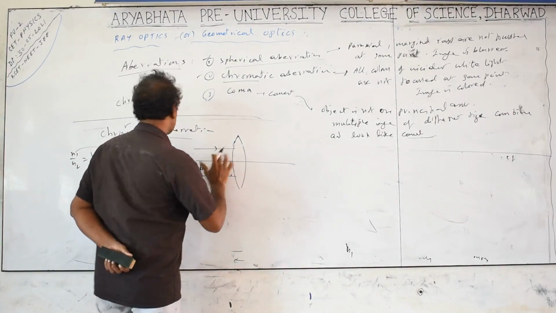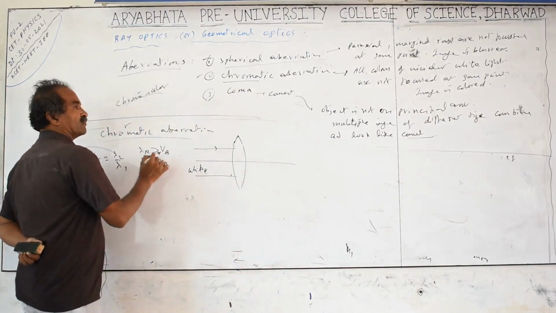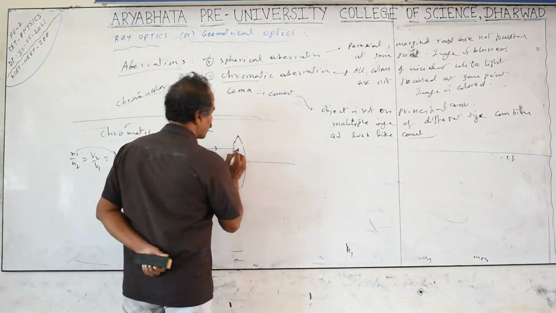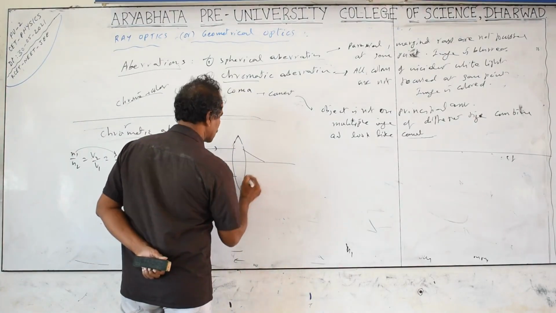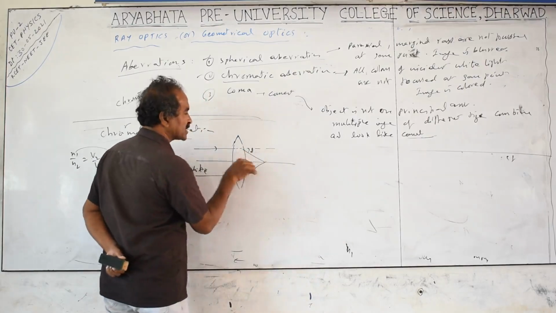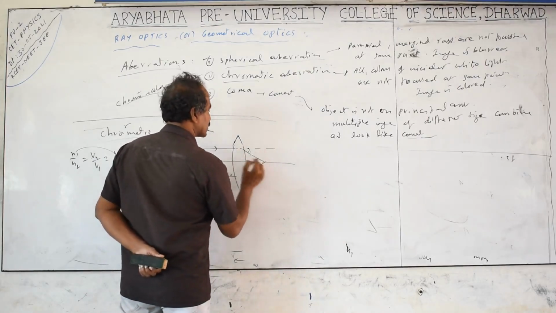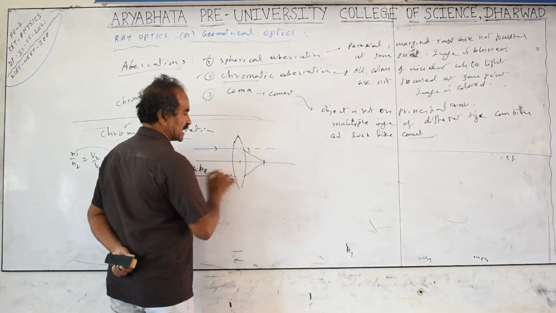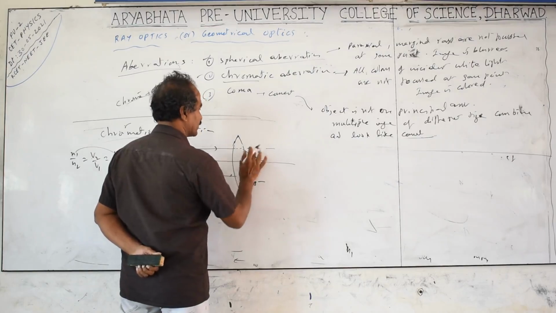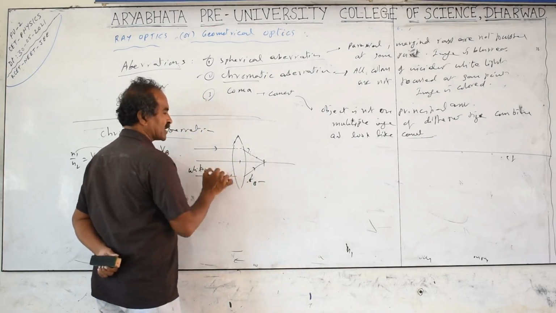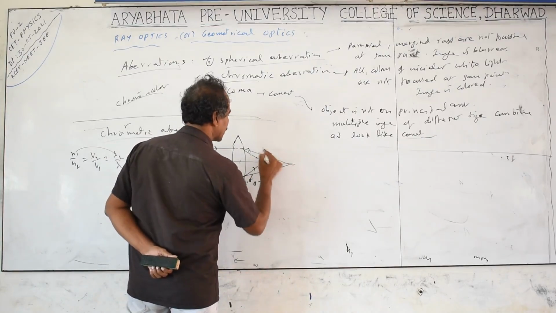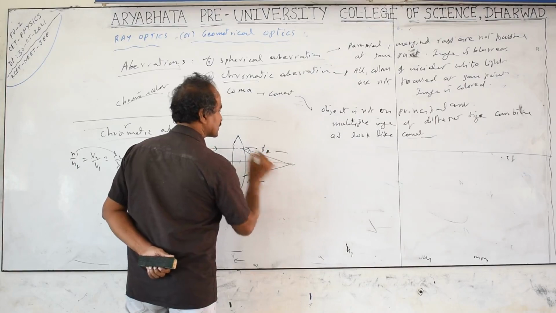So what happens here is, the more the refractive index, the more the refraction. Blue and violet are deviated more. Deviation means instead of going straight, they bend by some angle. So they are deviated very close to the optic center, close to the lens. This is the focal length of blue or violet light. But red rays have less deviation and a lower refractive index, so they are focused far away. This is the focal length of red rays.